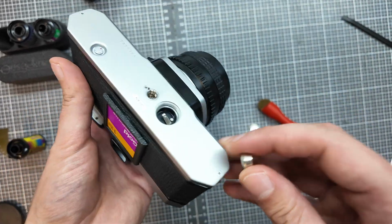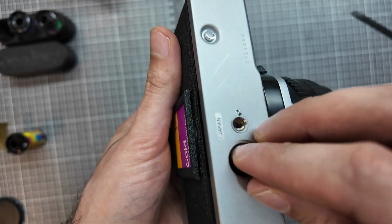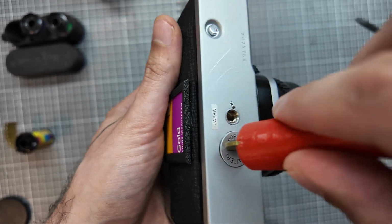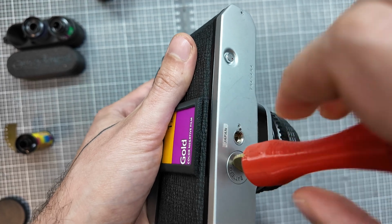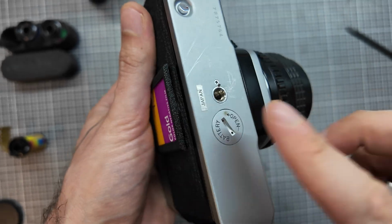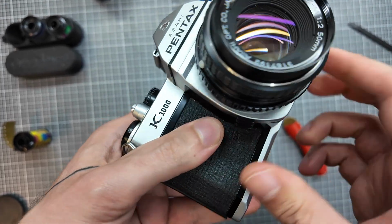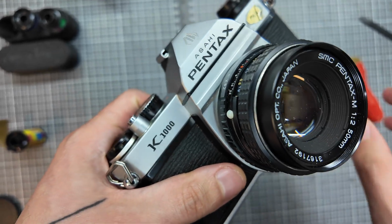To insert a battery, just put it inside, pretty straightforward, plus side up, as the battery cap tells you. Put it on and now screw it in the opposite direction. Finished. The K1000 uses Pentax K-mount lenses, which is pretty cool as there are still lots of Pentax